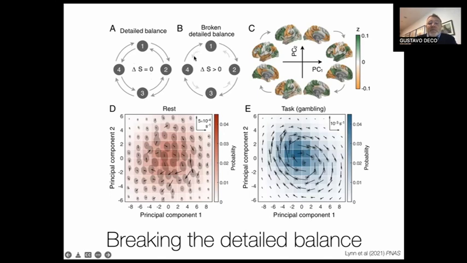On the other hand, if we start to break the symmetry, then the production entropy increases. So the production entropy is a measure, a quantification of the arrow of time, of the level of non-reversibility, and that level of non-reversibility in turn is a characterization of the underlying breaking of the symmetry, in other words, of the underlying formation of a hierarchical organization. And they quantify the production entropy in some way, and they were able to show that it is different under different conditions, for example, rest and task.